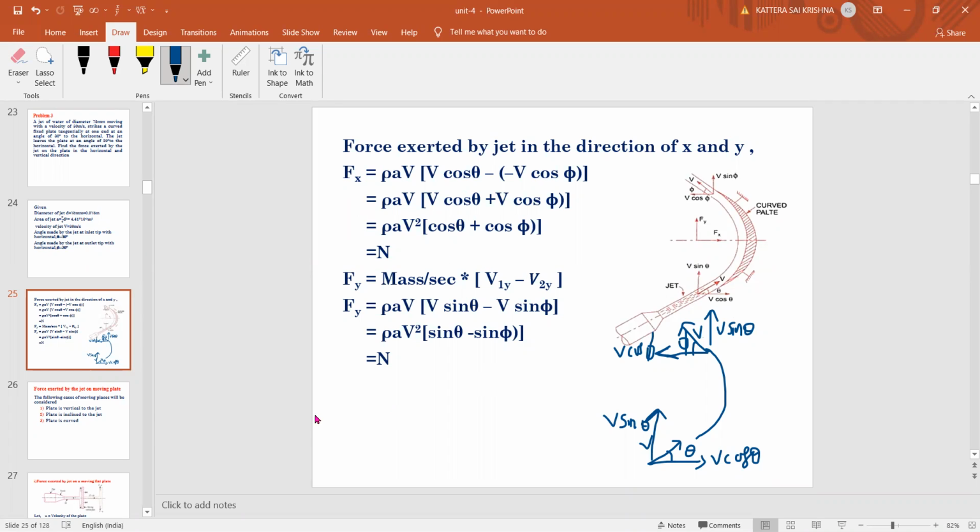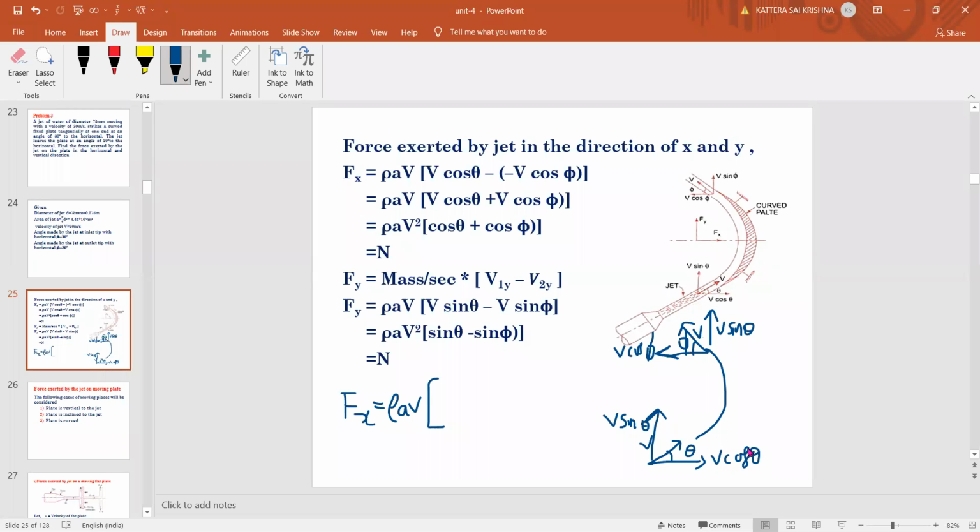So now what we know about Fx in x direction. If you see, what is Fx? Force is nothing but mass per time, that is rho A v, the mass flow rate, first the initial. Rho into A, what is the initial velocity given? v. Right? So next, you can see in x direction, what is the initial velocity resolved? That is v cos theta. See here at inlet.